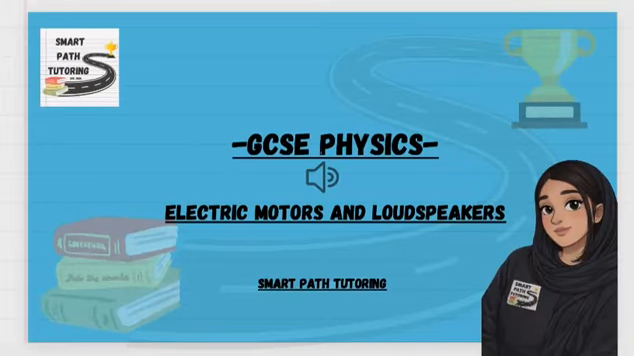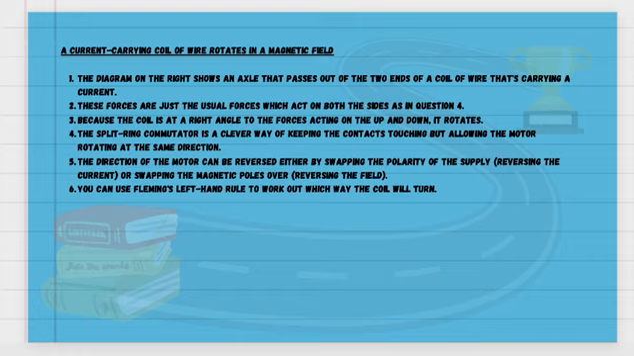This is about electric motors and loudspeakers. A current carrying coil of wire rotates in a magnetic field. The diagram on the right shows an axle that passes out of the two ends of a coil of wire that's carrying a current. These forces are just the usual forces which act on both the sides, as in question number 4. Because the coil is at a right angle to the forces acting on the up and down, it